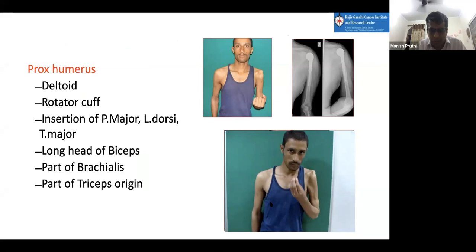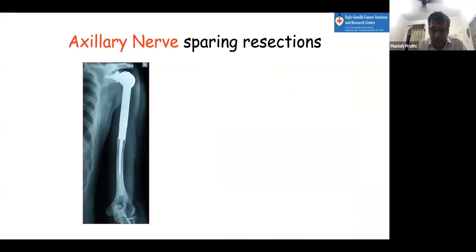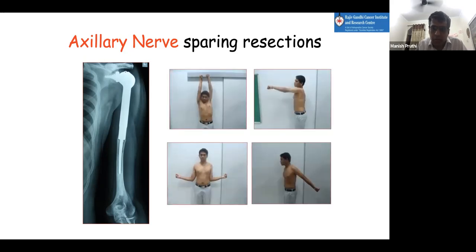We are not getting much of the shoulder functions. But if you are able to save the axillary nerve in sometimes pure intraosseous tumors, and you can put this kind of a reverse shoulder prosthesis, then in an intra-articular resection you can get a function like this, because